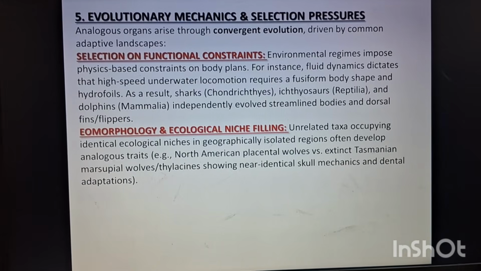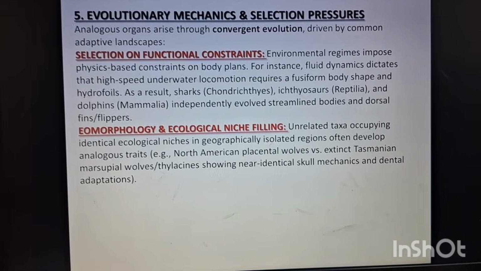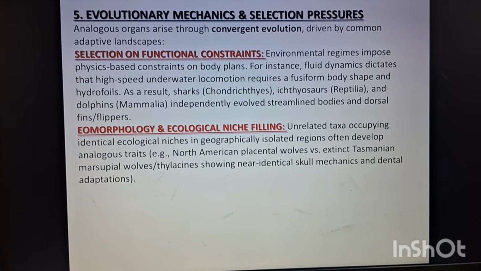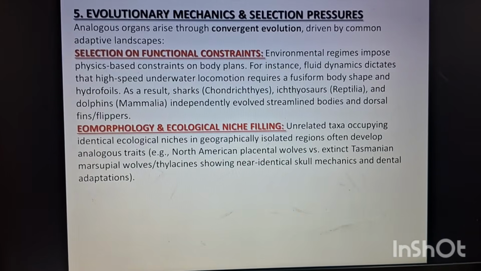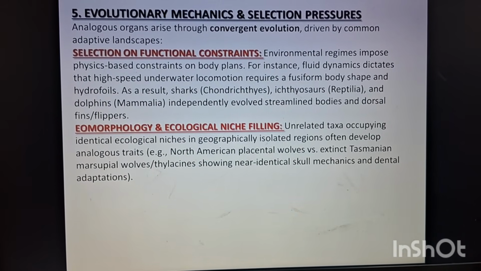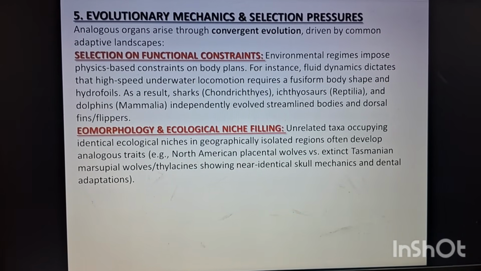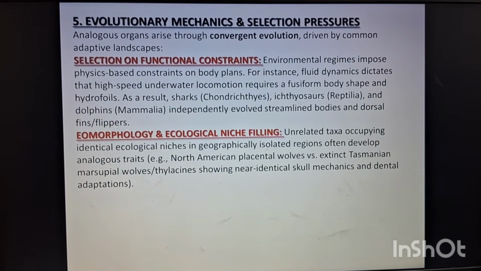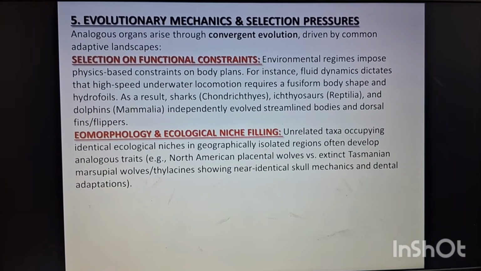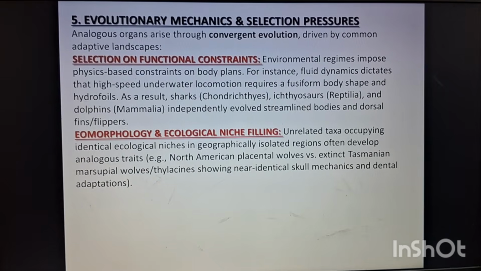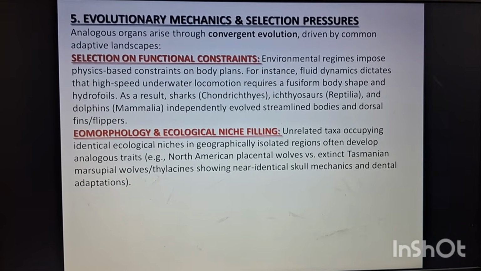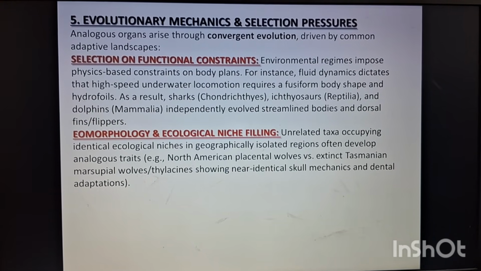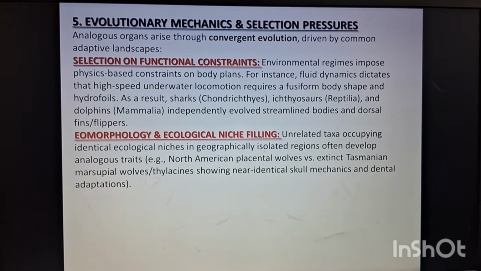For instance, fluid dynamics dictates that high-speed underwater locomotion requires a fusiform body shape and hydrofoils. As a result, sharks, that is chondrichthyes fish, and ichthyosaurs, that is reptile animals, and dolphins, that is mammalia, independently evolved streamlined bodies, and dorsal fins and flippers